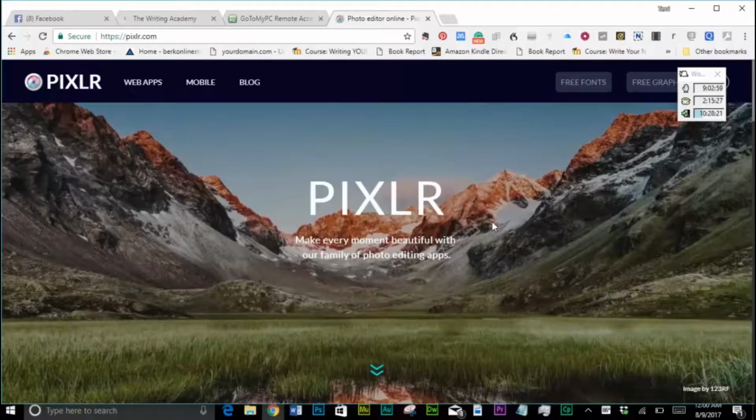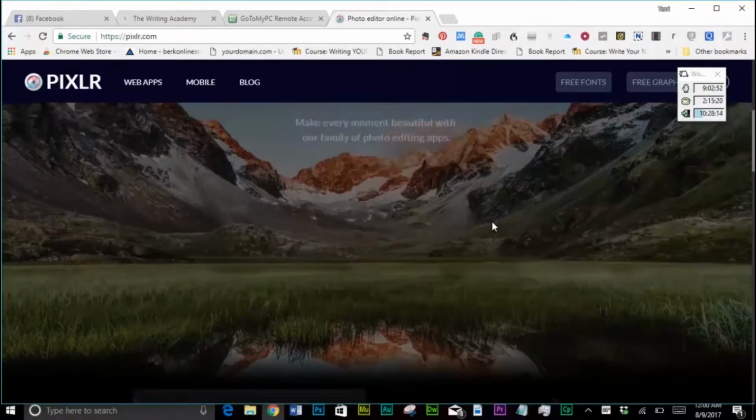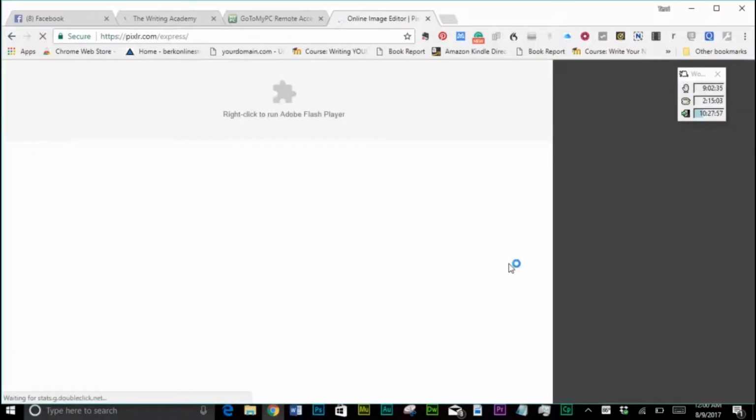But talking about editing, we're going to be discussing photo editing, and we're going to be looking at what I consider one of the most amazing features that digital editing allows us, and that's the spot healing tool. It's just going to blow your mind away if you haven't ever used it before. So we're at Pixlr.com, and I like Pixlr. It's easy to use, very simple, but any good editing software will have the spot healing tool with it. But we're going to use Pixlr Express, and we're going to launch the web app right now,